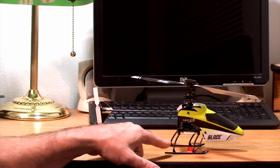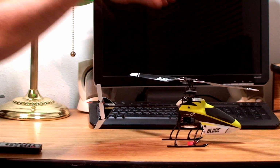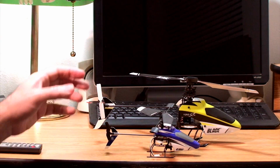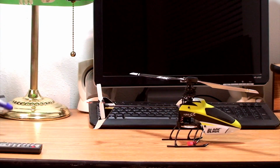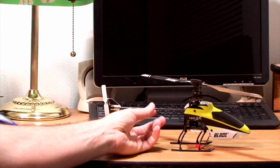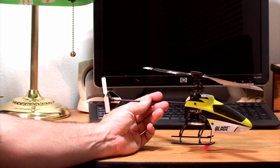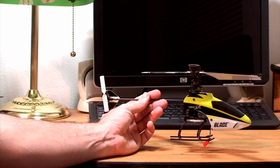The 120 SR here, you could think of this helicopter as the big brother of the MSR here. They're basically exactly the same in most all respects, except this one is a little bigger. Now this one also, you can fly it indoors and you can also fly it outdoors. But if you fly it outdoors, you want to make sure that there's very, very little wind or no wind